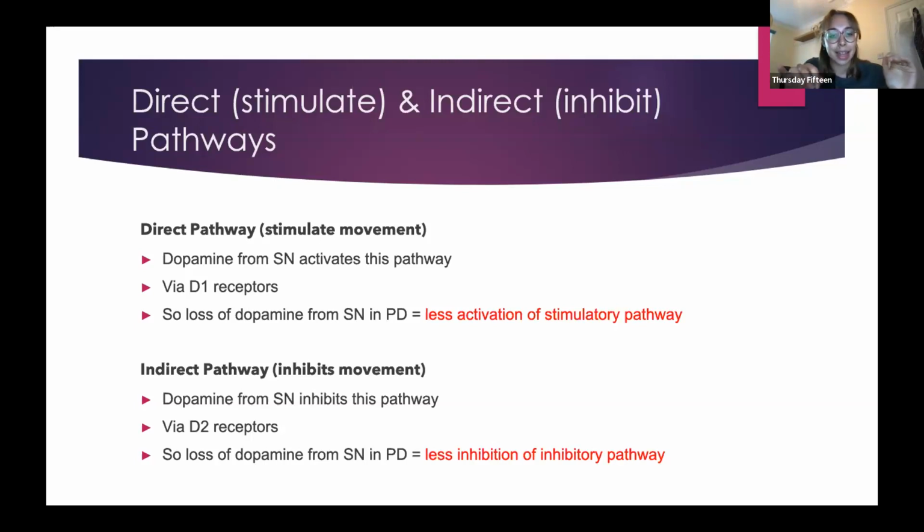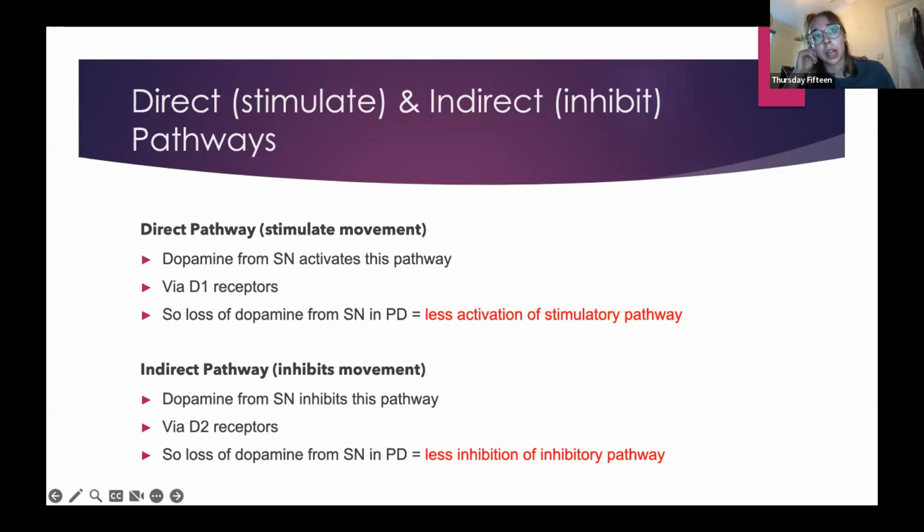If that doesn't make sense, I can say it again. So just put it in the chat if you want me to repeat that more clearly. But hopefully the main takeaway for the purposes of your exam is to be aware that a loss of dopamine in the substantia nigra has an impact on the two main pathways between the basal ganglia and the thalamus that overall make it difficult to initiate purposeful movement for people with Parkinson's disease. So they lead to a loss of inhibition of muscular tone, so you get that rigidity and the tremor. And they lead to loss of inhibition of random movement, so the tremor, and they also lead you to slow up. So I hope that makes sense.